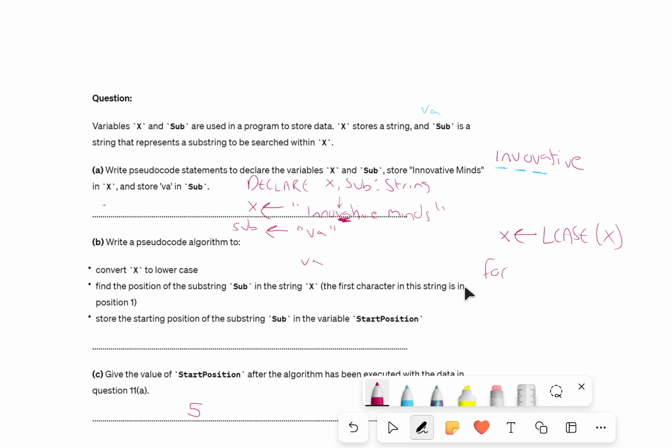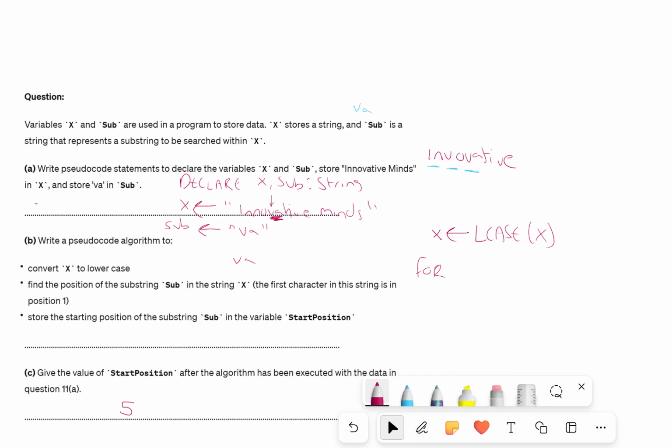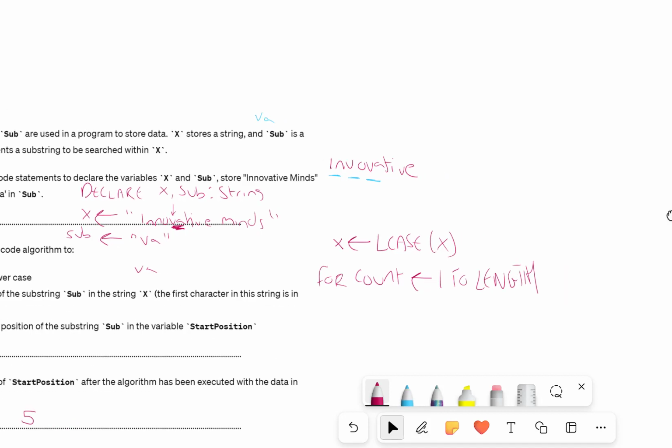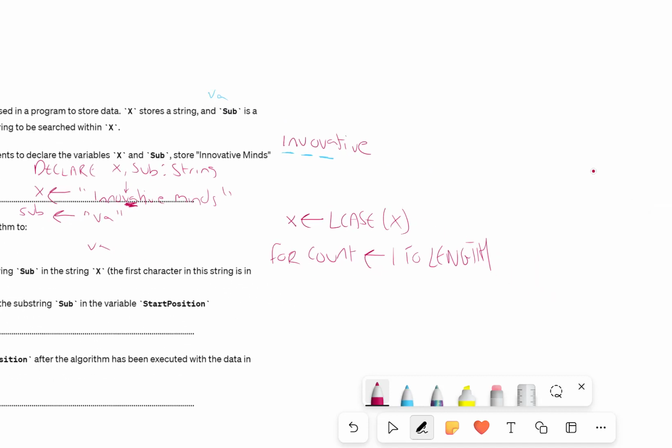So for, let's just make some room. And I'm going to do count in range 1 to length of x, but what we want to do